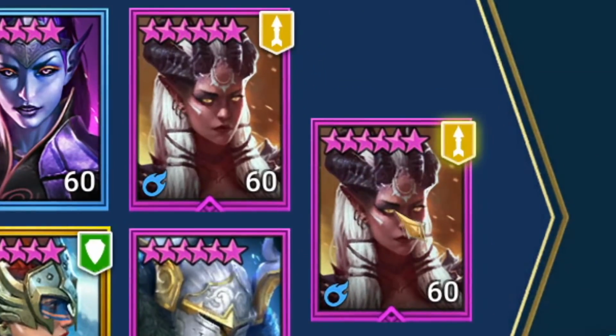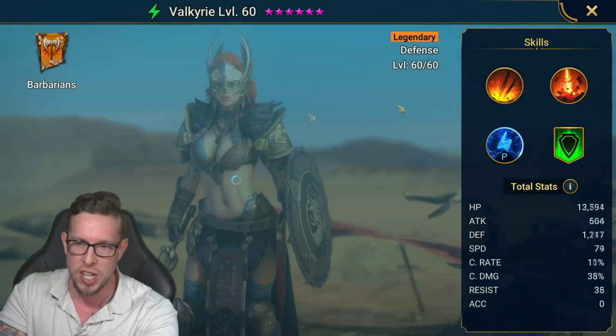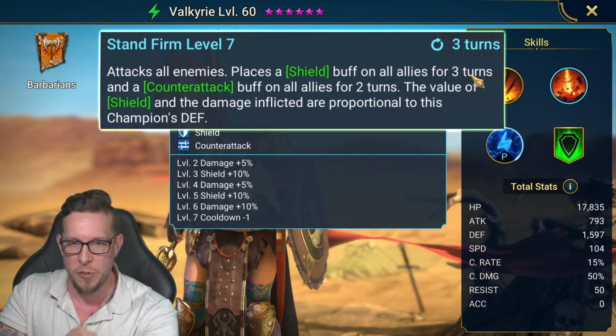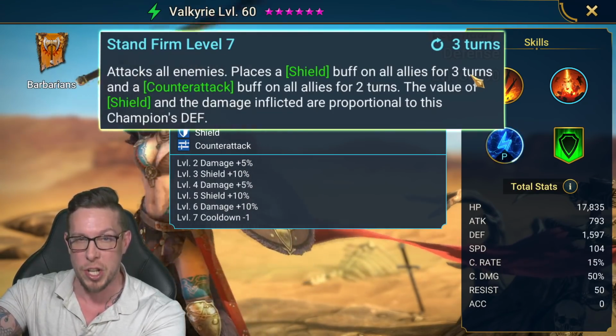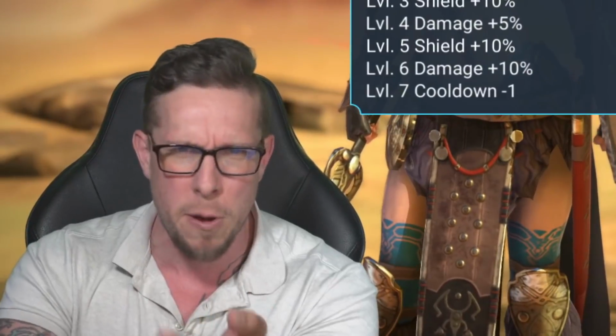So, two allures, and a shield champion on a 2-turn cooldown or a 3-turn cooldown. Valkyrie's shield is on a 3-turn cooldown, but the shield lasts for 3 turns. And the shield is never removed because the Scarab King never gets a chance to go. So you can use Metal Shaper